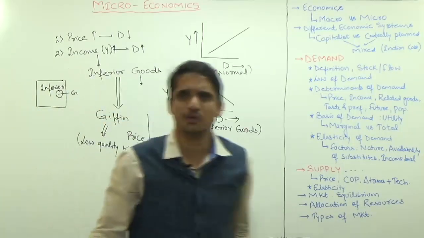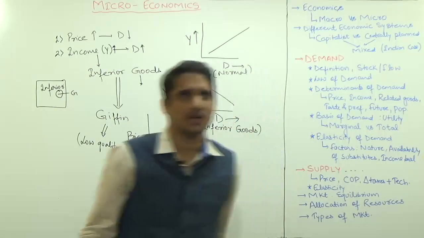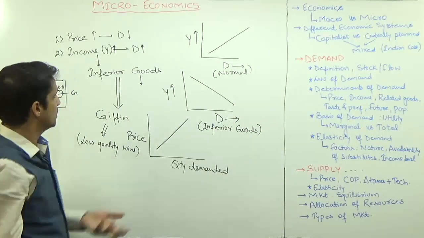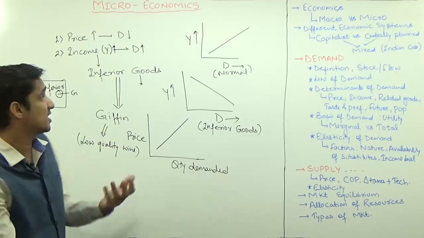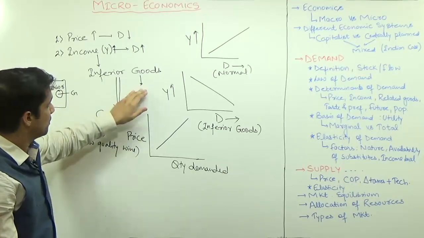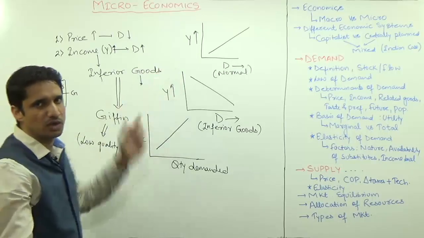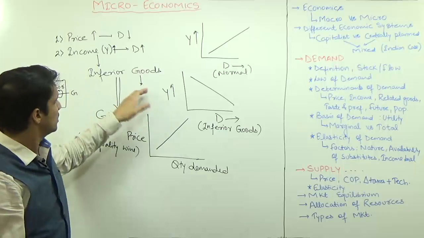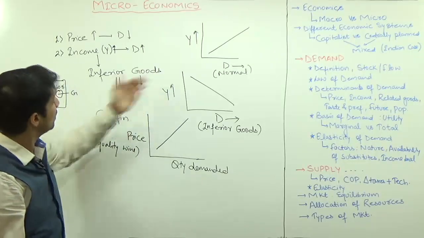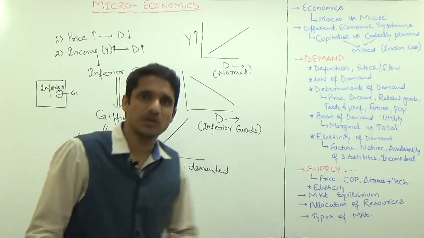The examples are like potato, we discussed bajra, barley, all these, and even we can say Nano car. Nano car is an example of inferior good. If suppose your income increases, then you will not buy Nano car, maybe you will shift to some other four-wheeler. So these are examples of inferior goods, but it also depends in what form you are consuming these